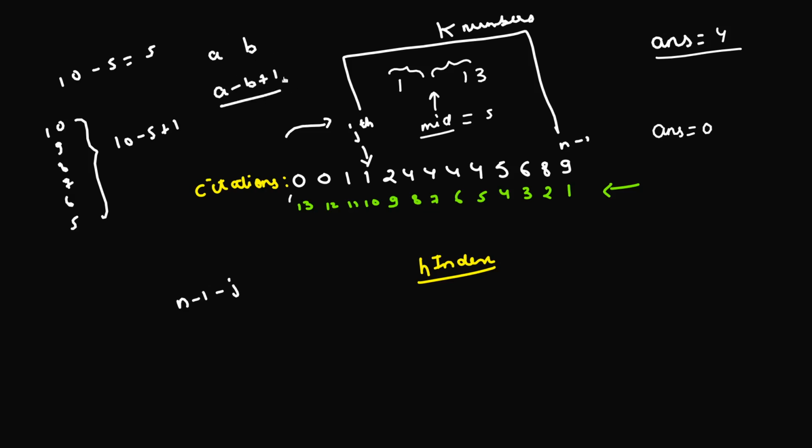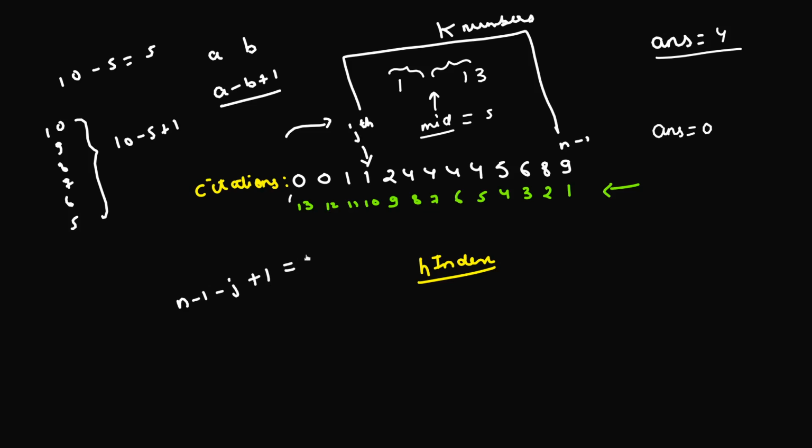That's simple mathematics, because whenever you subtract, either you don't include the upper limit or you don't include the lower limit. But if you have to include both the lower limit and the upper limit, you just subtract the lower limit from the upper limit and add 1. So here also we'll be doing the same. We'll be subtracting this n minus 1 and this j, and we'll be adding plus 1.